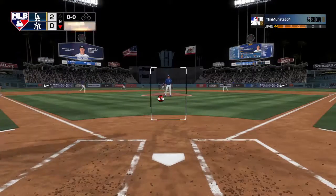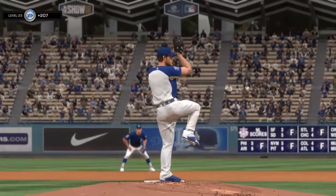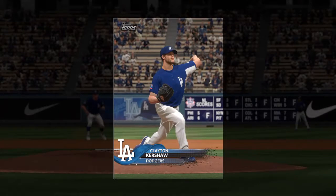A no-hitter. And guys, a Dodger victory may not have been possible here without the start turned in by this man, Clayton Kershaw. Don't put that card in your bicycle spokes. He's our top